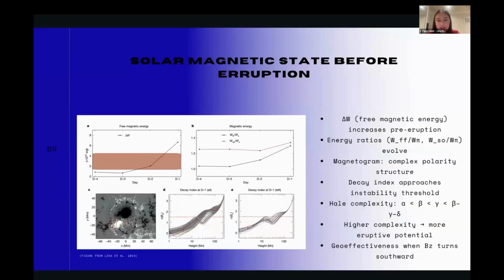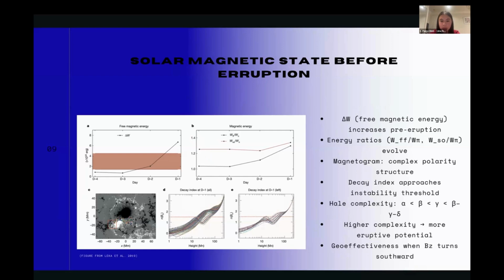And for our last figure, figure four captures the pre-eruption solar magnetic environment. So, as you can see, panel A shows free magnetic energy rising in the days before the event. And then panel B shows the energy ratios evolving, which reflects a changing field configuration. Panel C is a magnetogram highlighting complex polarity patterns, which is a little bit harder to articulate in 10 minutes. But